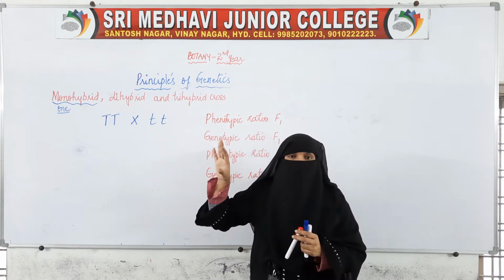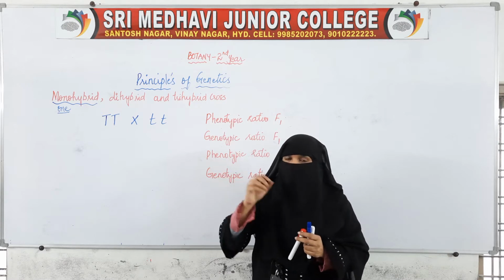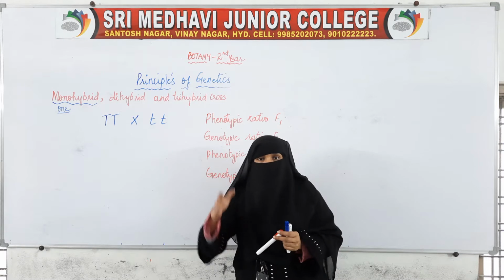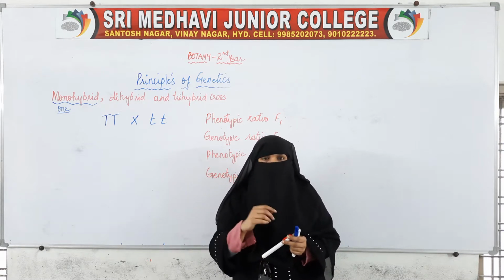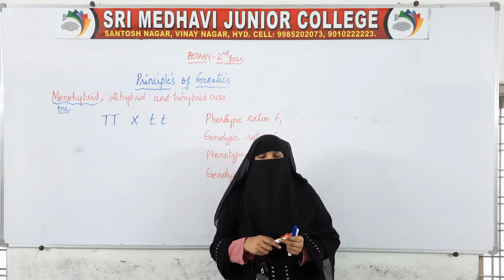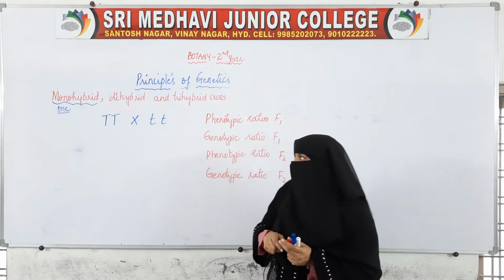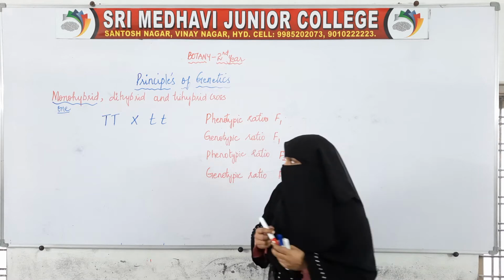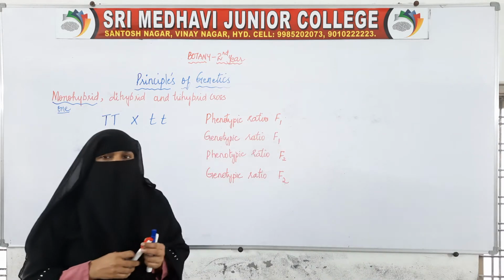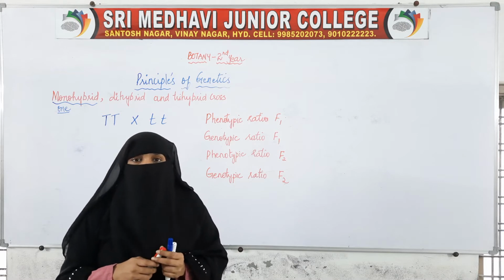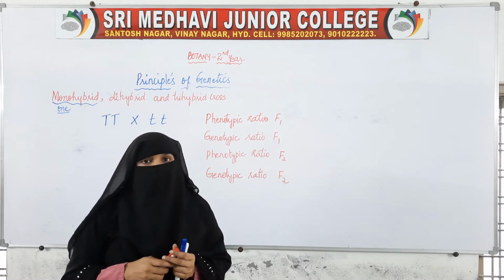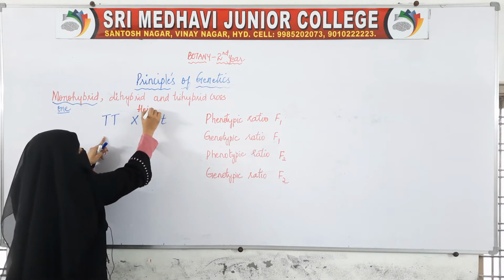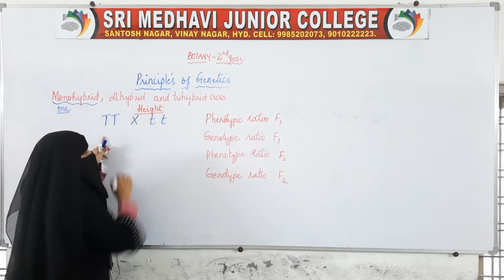We already know what a Punnett square is. It was designed by the scientist Punnett. When we take gametes on both sides, we get the probable combinations for the offspring. So let us make this Punnett square for a monohybrid cross. We said that in a monohybrid cross we will check for only one character. So what are we taking here? We are taking the height of the plant.